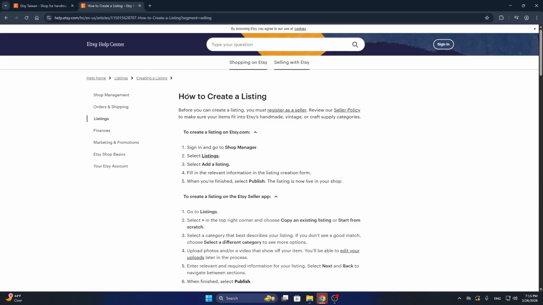So basically guys, as you can see here, we have an official Etsy Help Center article on how to post a listing. So you're going to go into the shop manager just like I showed you and then select the listings option. From the listings, you're going to click add a listing. This is the button that's going to enable you to go ahead and fill out the form so you can fill in the relevant information in the listing creation form and then click publish to go ahead and post your listing. But if you want to save a draft and you do not want to go ahead and publish it,